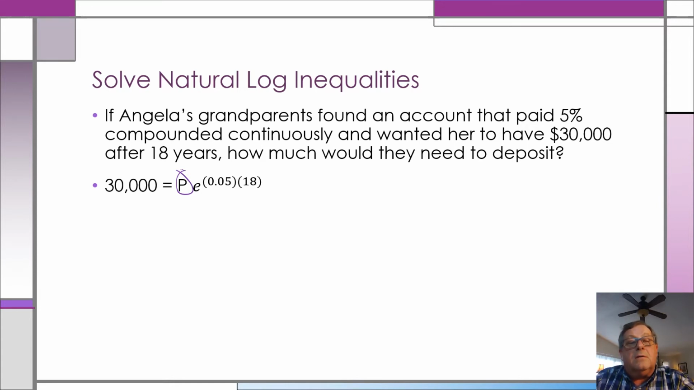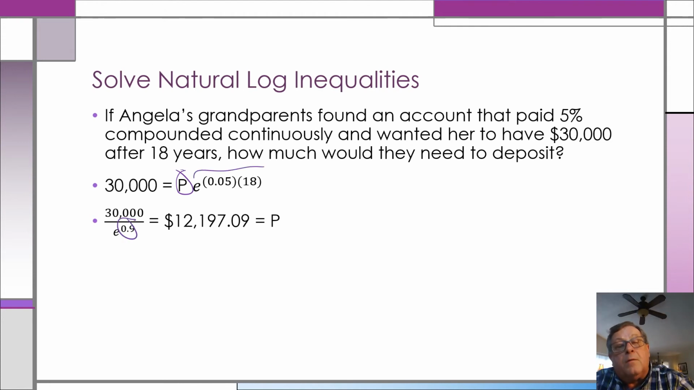Well, let's see. I could just take the $30,000 and divide it by E raised to the power of 0.05. That's my 5% interest compounded continuously times 18. And let's see, $30,000 divided by E to the 0.9. Now that's what I get when I take 0.05 and multiply it by 18. I just went ahead and did that step here. And $30,000 divided by E raised to the power of 0.9 would be